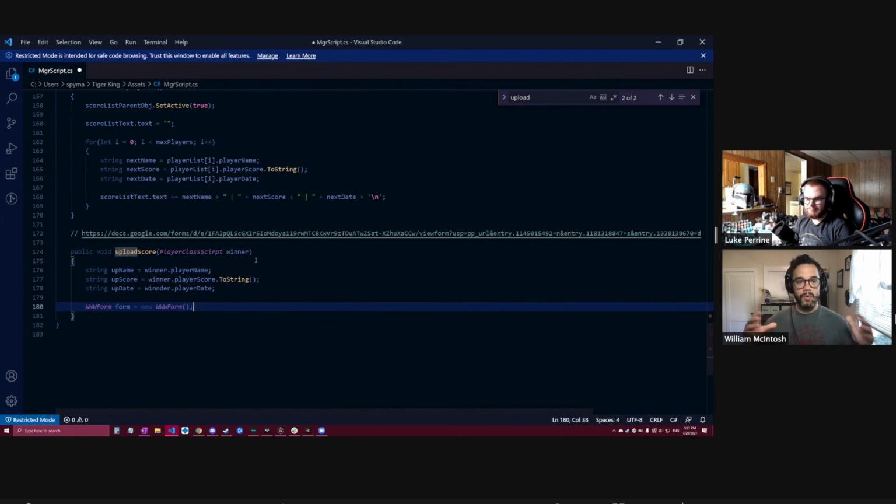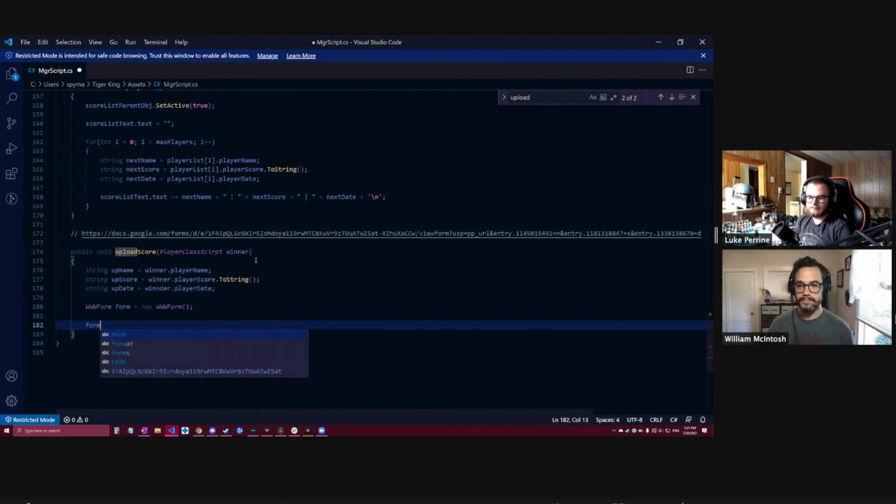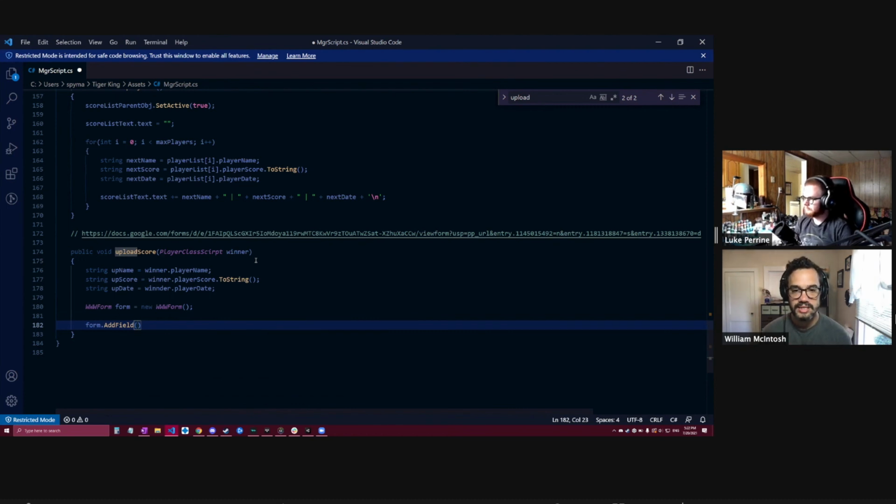So now we have our new form, which is from, it's a Unity web request is what this is. Yeah, that's the class or library it's coming from. So we have this new form, and then now we need to add fields to it. So form dot capital A add field. Add field, perfect. And then this is a string that we're going to pop in, and we'll say, let's get the string. And it's in your